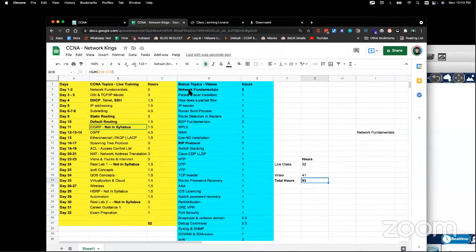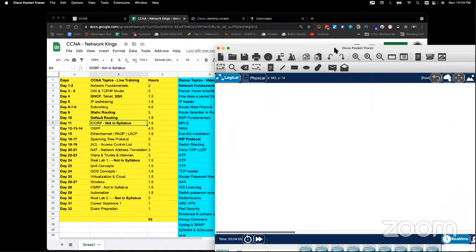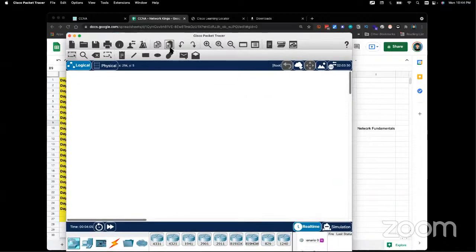So these are network fundamentals, and you can start network fundamentals. I will cover around 5 to 7 more hours of network fundamentals. We will learn the network fundamentals, and then we will go further. Additionally, you will do labs in 2 ways. The first solution is the free solution, which is called Packet Tracer. This is a software by Cisco. What I recommend you all is to download this,